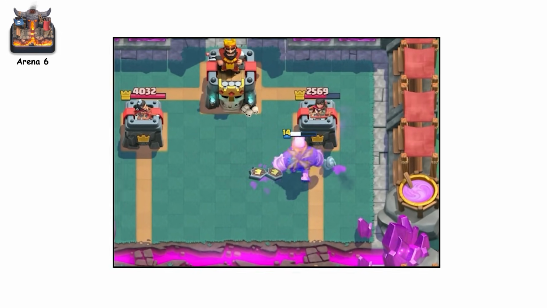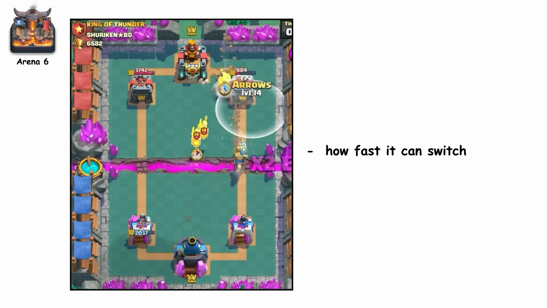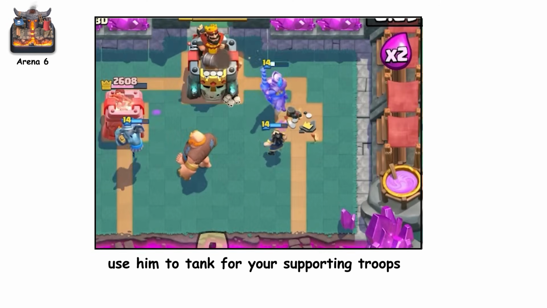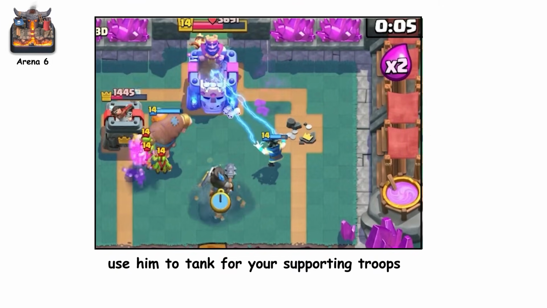It is a classic beatdown deck that still works incredibly well in today's meta because of how fast it can switch between defense and offense. The Giant is your main win condition. You use him to tank for your supporting troops and soak up tower damage while your princes deal the real